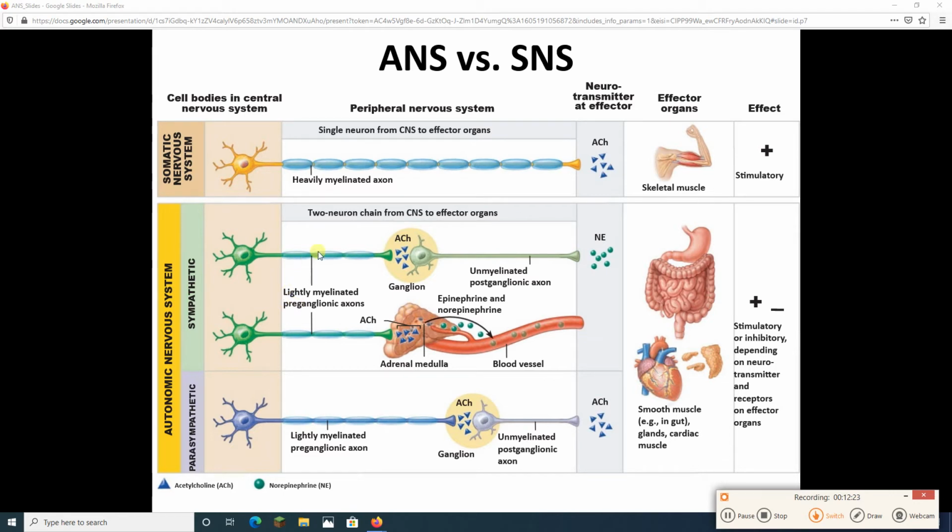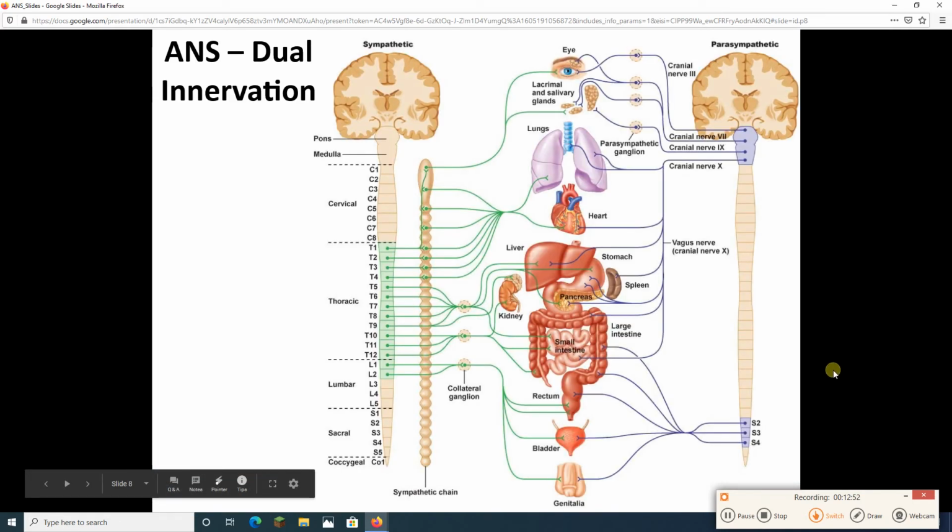Since we have a 2-neuron pathway, it's a good idea to be able to distinguish the first from the second. The first neuron is said to be preganglionic because it's going towards this ganglion. So preganglionic here. The second neuron is postganglionic because it's coming out of the ganglion. It's after the ganglion. All right. With that, we are done with our comparison, and now we're going to start talking about the ANS in more